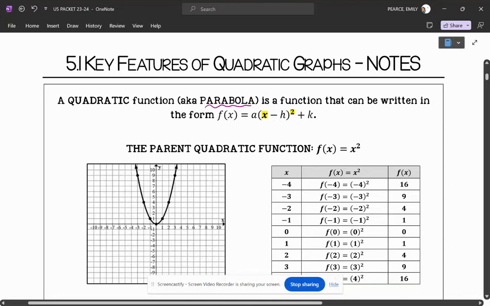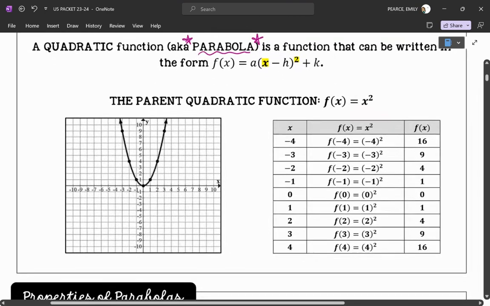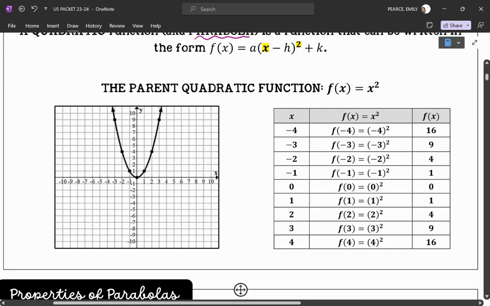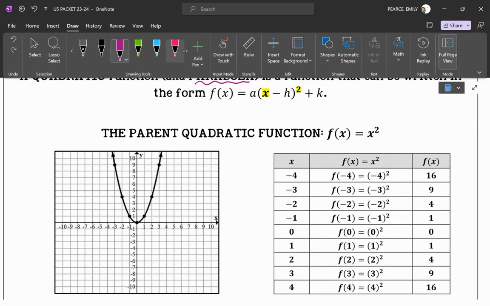All, this is Miss Pierce here, and today we're going to be looking at our introduction into quadratic graphs, or as I also like to call them, parabolas, okay? And we're going to be talking about parabolas this entire unit, so really getting comfortable with a lot of the vocabulary is going to be part of our goal for today, okay? Also understanding that a quadratic function,